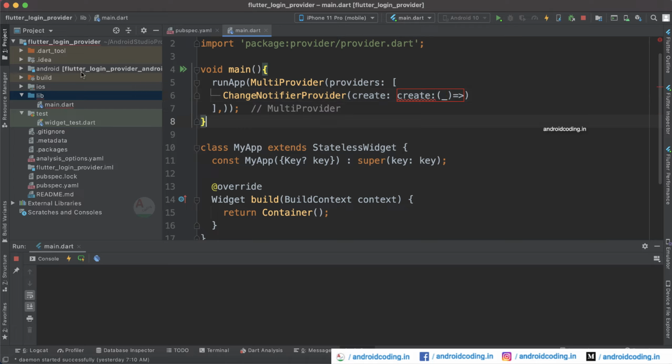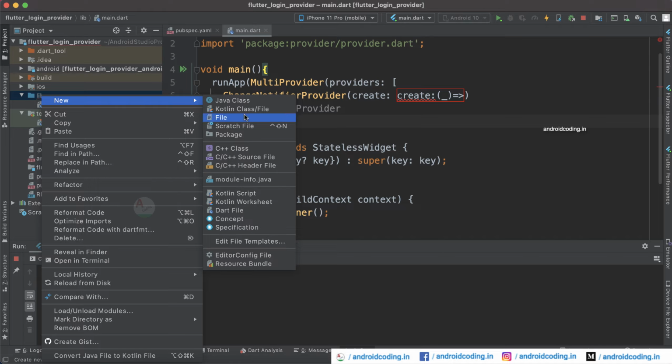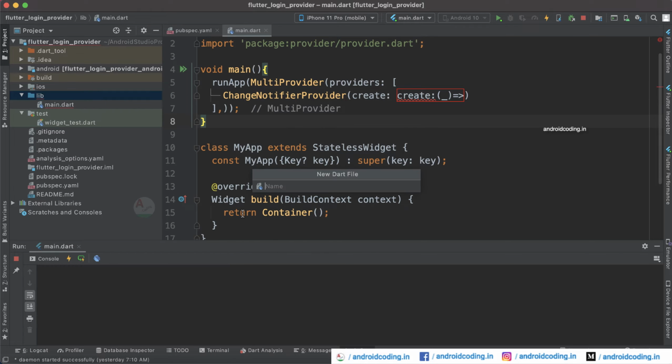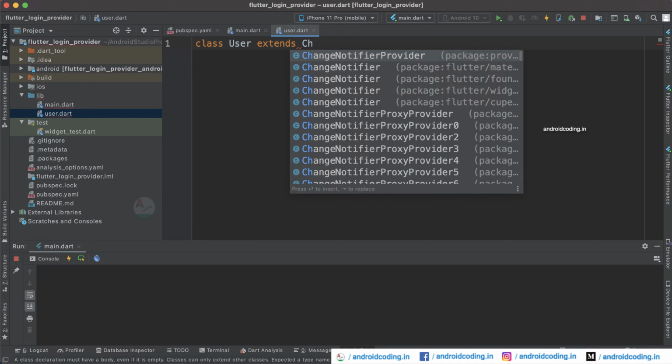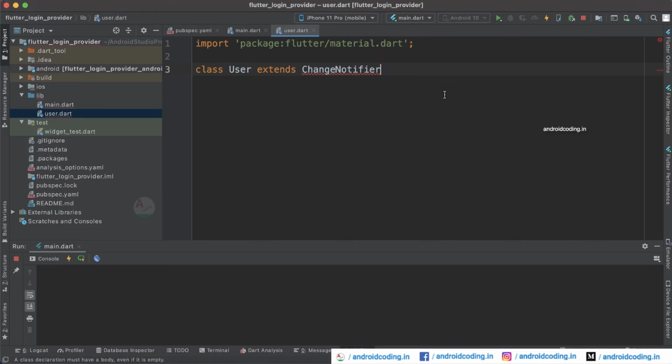So as we are dealing with a login example, let's try to create a model class called user, and this user class will extend change notifier. So this is from the package flutter slash material dot dart here, and now inside which I will try to provide variables like email address and password.